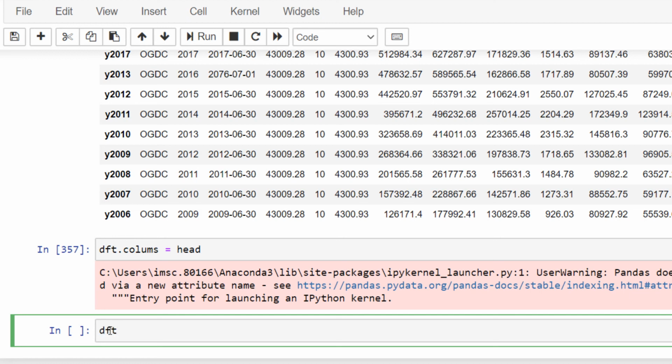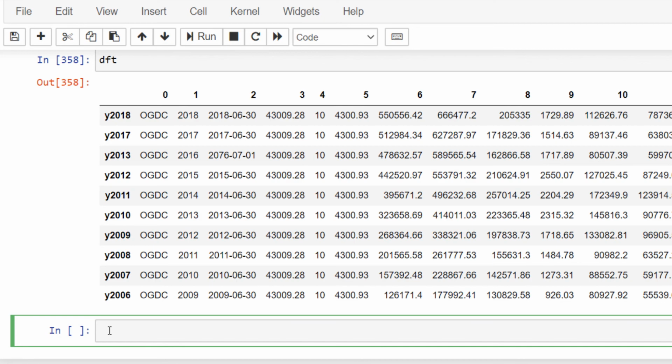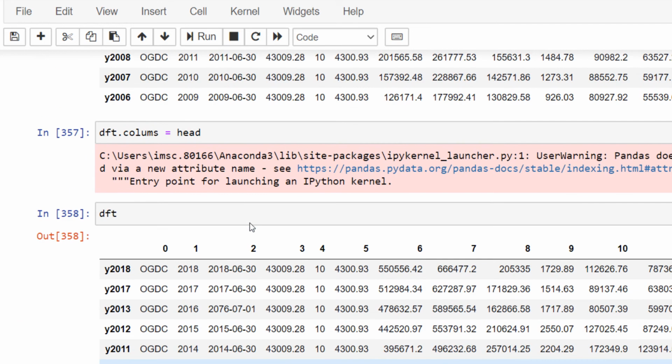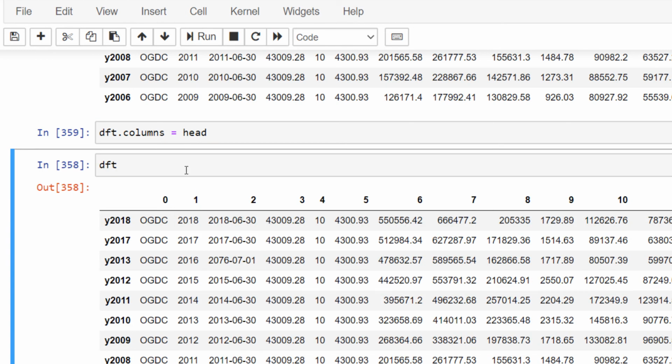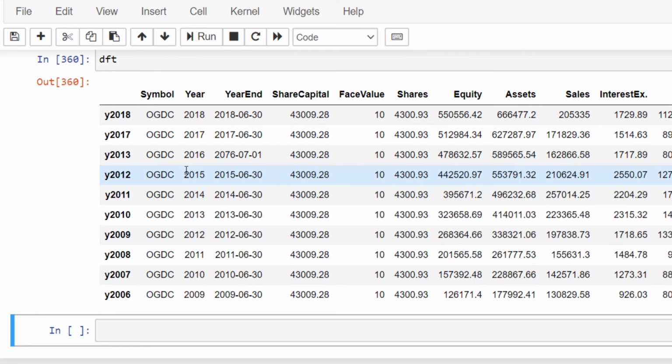For DFT, we received an error. Let's see what happened. Oh yes, there was a typing mistake in the columns. And here we go.